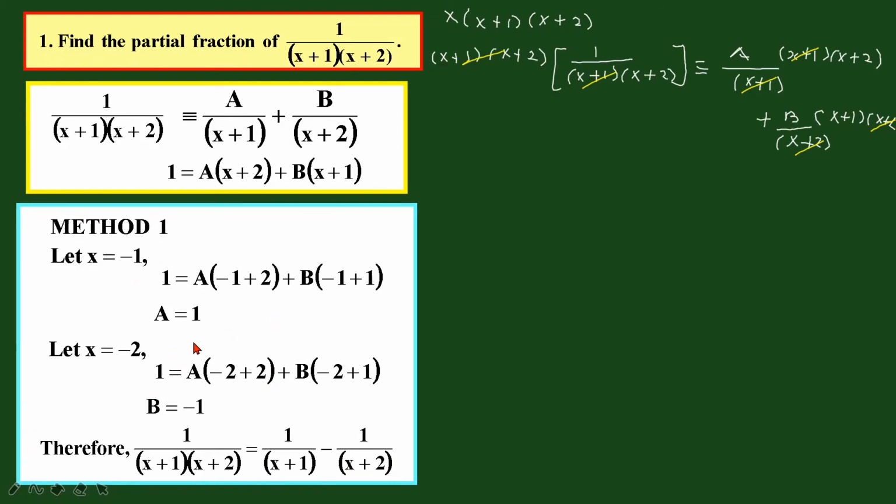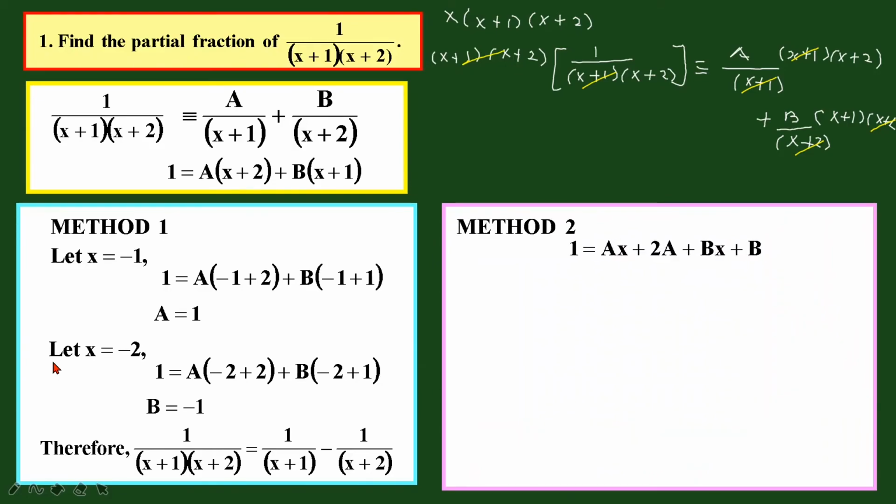In this method, number 1, you can actually choose any number to fill in. Okay, but the best numbers, of course, are from the denominator if you have any. But if you do not have any, you can just choose a simple number like 0 or 1, and fill it in and create equations and solve those equations. Now, in method number 2,